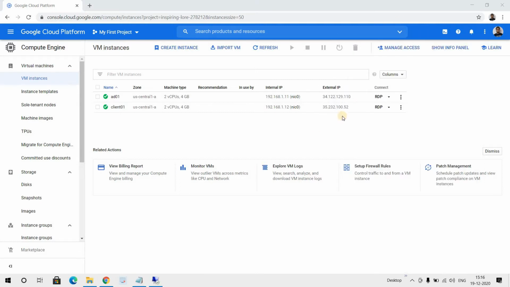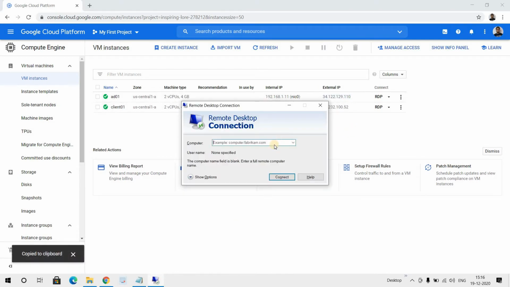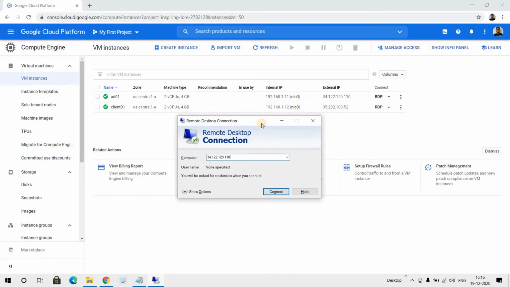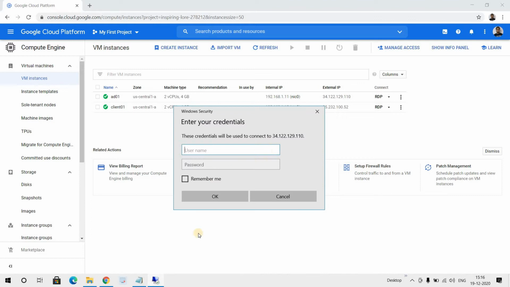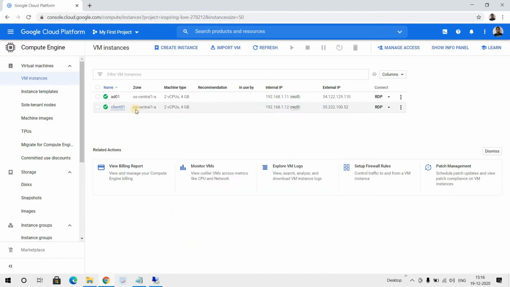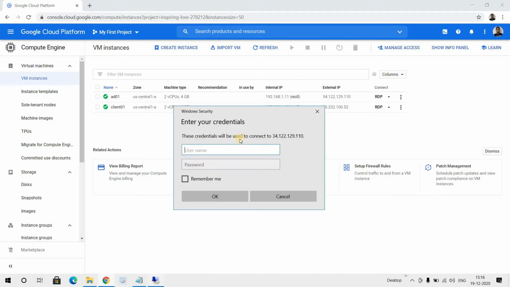So guys, machines are ready, and we are also able to take control. So let me show how we can take control. Just put this public IP. Just for temporary purposes we have given this public IP so that we can take the RDP of this machine easily, and later we will remove this IP once we install the binaries. We'll use client 01 as a jump server for this ADE01.